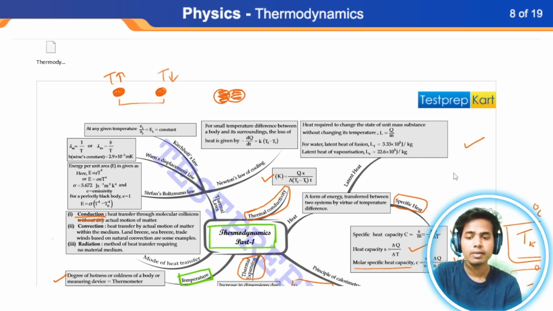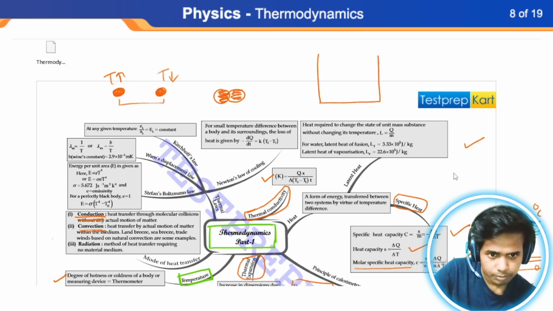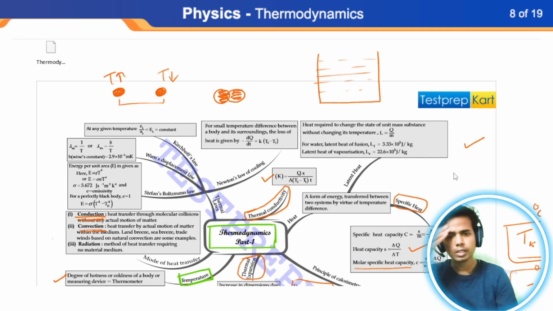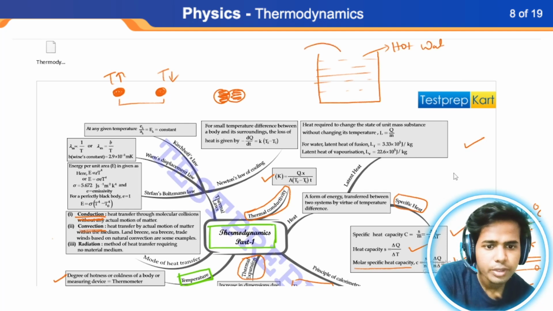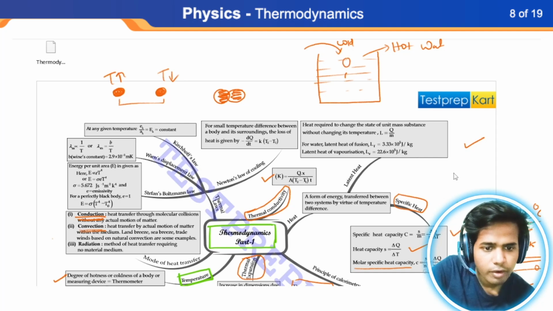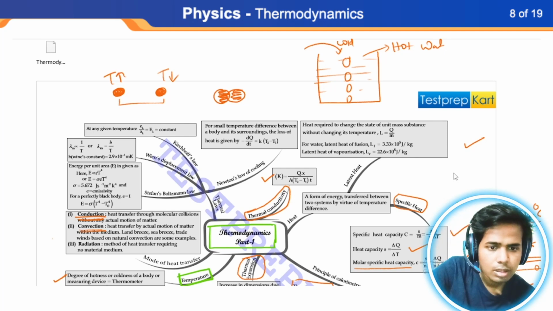नाउ देयर इज दिस अनदर थिंग विच इज कॉल्ड कन्वेक्शन. कन्वेक्शन में क्या होता है, let's say you have something which is hot water, and what you pour into it is cold water. अभी cold water डालेंगे तो you generally know that cold water has a higher density than hot water. What it will do is cold water will start sinking into the hot water, and while doing that, you see,